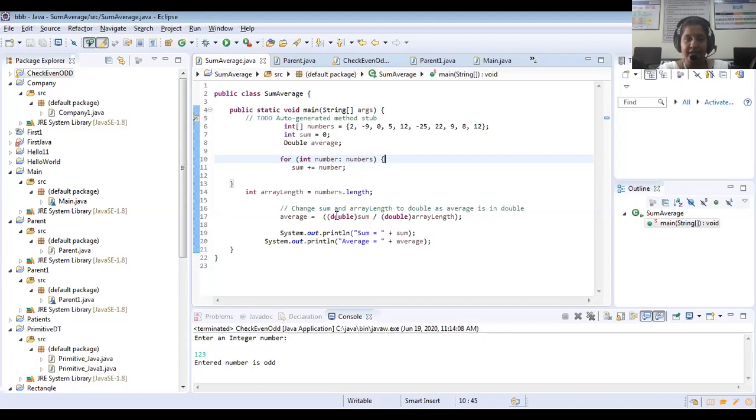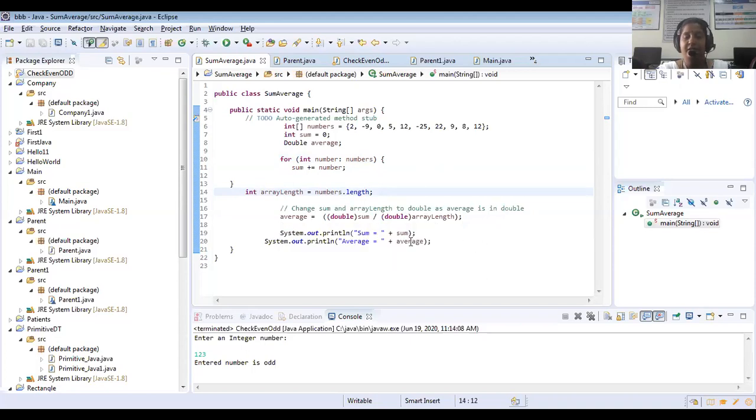This also you would have studied in C and C++. So double of sum slash double of array length, because array length I have also given as integer. Now both will be converted into double. This is called data type conversion or simply typecasting. This is upcasting, from a lower data type to a higher data type. You know that integer is a lower data type and double is a higher data type. That average will be stored here.